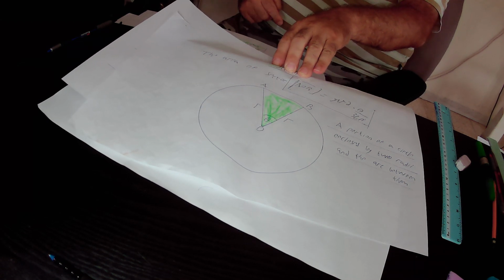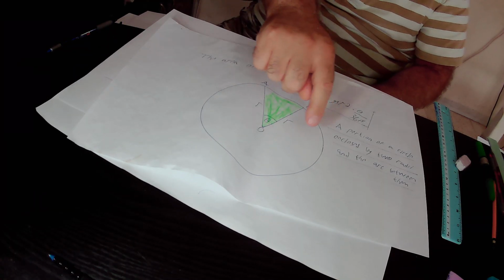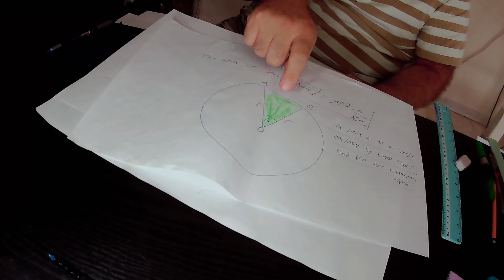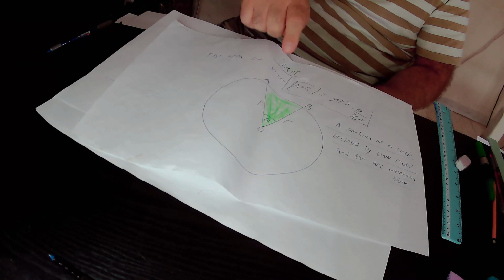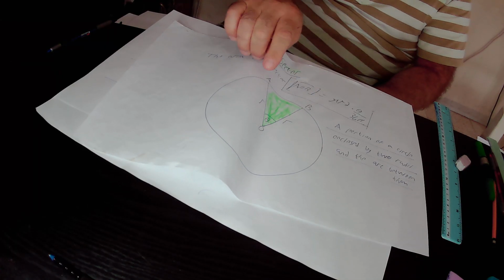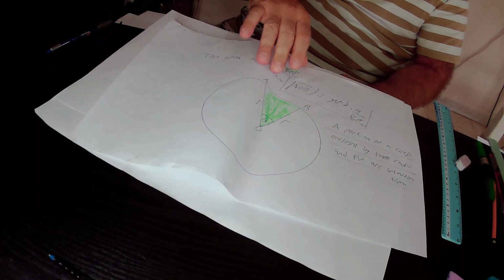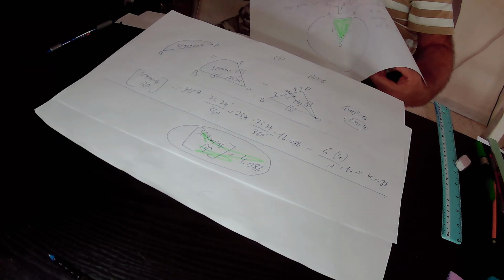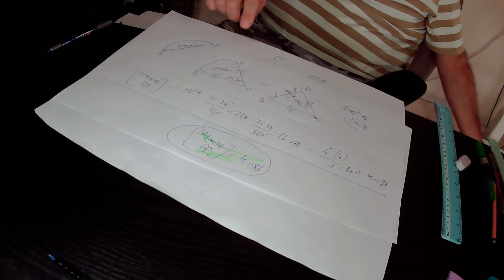AOB. And the area of this sector AOB is equal to pi r squared, that is the area of the circle in total, times theta, that is the angle between the legs of the sector, over 360 degrees. So in total, the area of this sector AOB is equal to pi r squared times theta over 360 degrees. So we use the new formula in order to find out the area of this sector